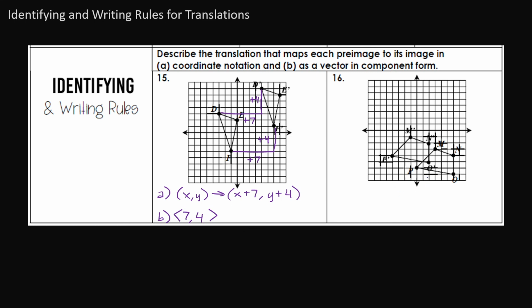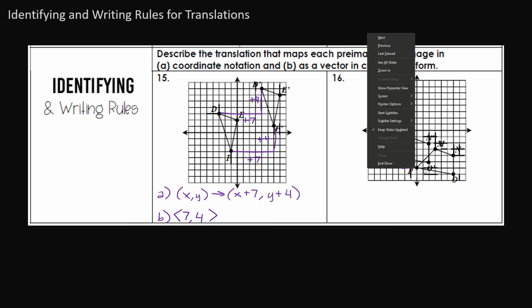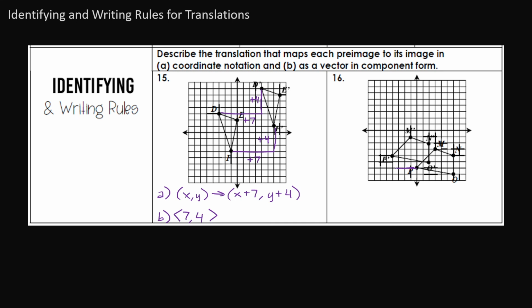For number 16, if we're mapping the change from P to P prime, we are moving left. We're moving left 1, 2, 3, 4 to the left. That's a -4 change. And we're moving up 2. That's a +2 change. If we were to do the same thing with each of the coordinates, I'm seeing 1, 2, 3, 4 to the left, 2 up, which means